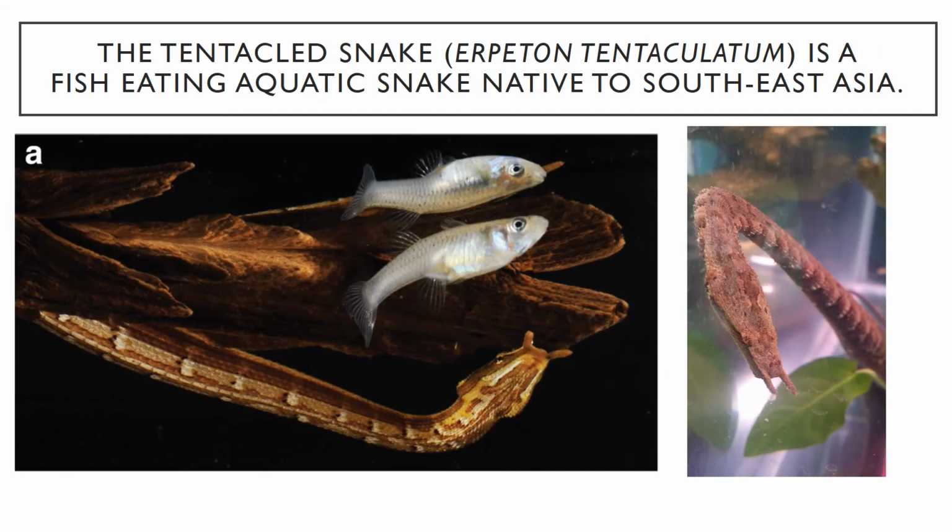So that's it for the star-nosed mole. Now we're going to talk about the last example, which is the tentacled snake. This is a snake that's found in Southeast Asia. It's a fish-eating aquatic snake. And generally what it does is that it